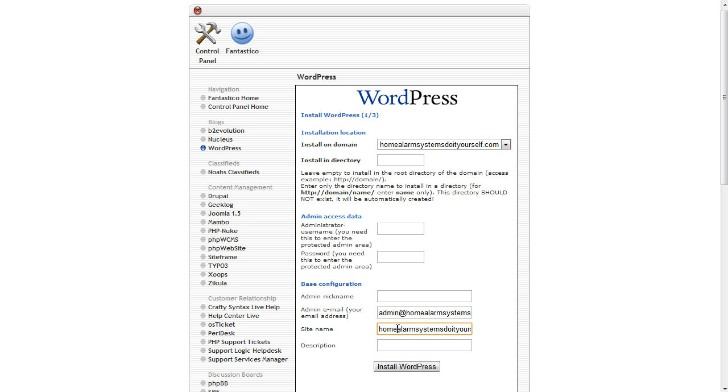The site name, rather than have that as the actual blog, I'd change it to the name, so it's the keywords itself, and obviously capitalize those keywords so it makes more sense, and put in a description, so home alarm do-it-yourself blog, something like that, so you've got a description in there as well as the keywords. And then you simply click on Install WordPress. It will go ahead and install it and ask you for an email address to send you the password details and logon details. So that's how you use Fantastico, but what we're going to do instead is use the other